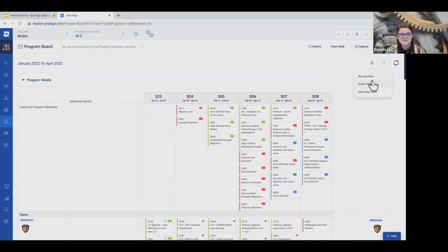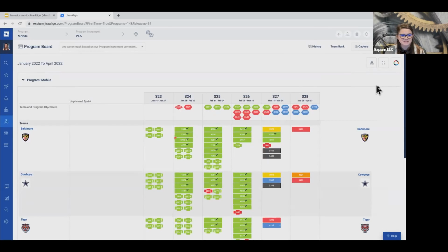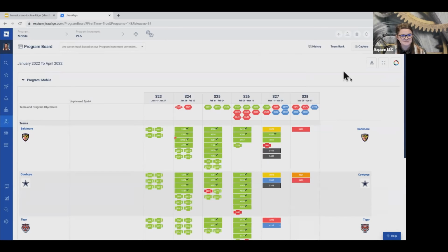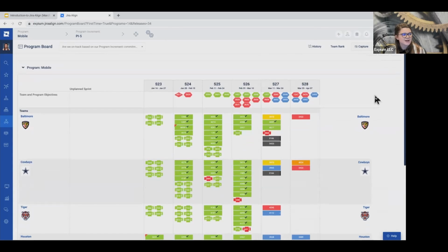For demo purposes, it is easier to use the small view, so I'm going to stick with that. There's also a legend in the far right as well. This little color wheel is a legend, very useful when you're new to the tool. The program board is, of course, organized with rows representing the teams in the program and the columns representing